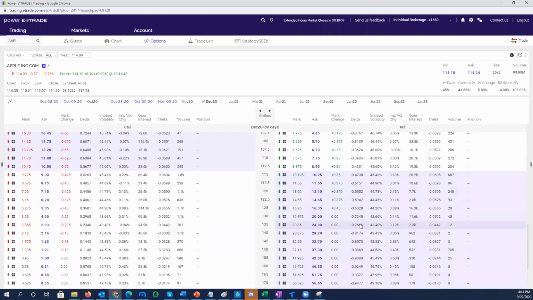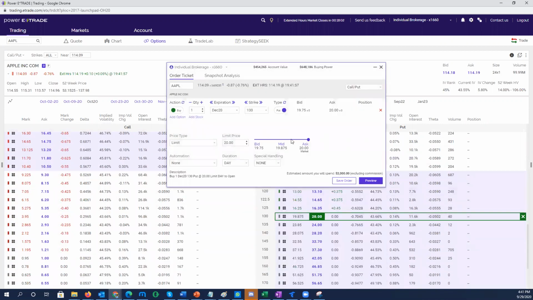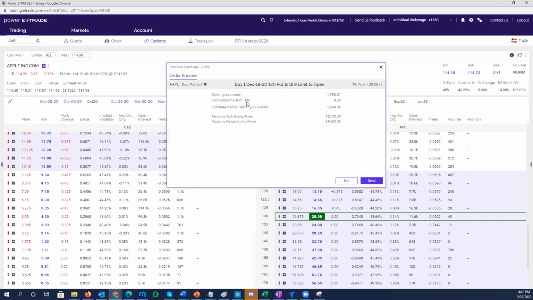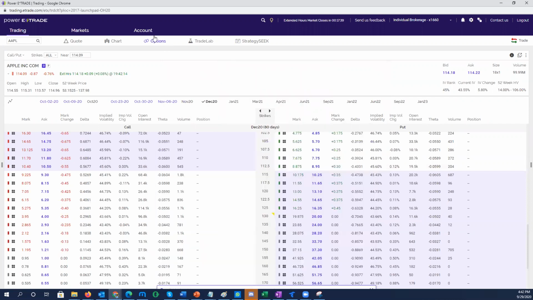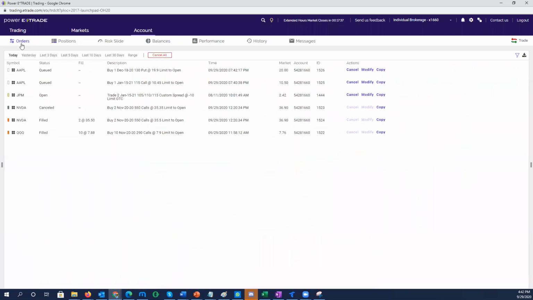But as I said, I can get something at 0.7. If I'm going to buy at 0.7, how much am I paying? $20, 2000. That is a little bit higher, but I'm just showing you how to buy it. Anyway, I'm not buying it. So 9.9. So debit, I'm spending this one. Nowadays they're charging only 35 cents and I just send it. Even if I send it, where is it going? It's going to get ordered. So now I can see in the order and this order is queued.